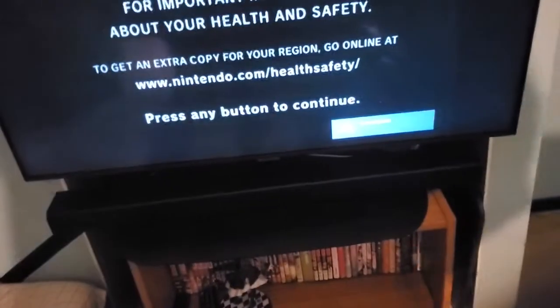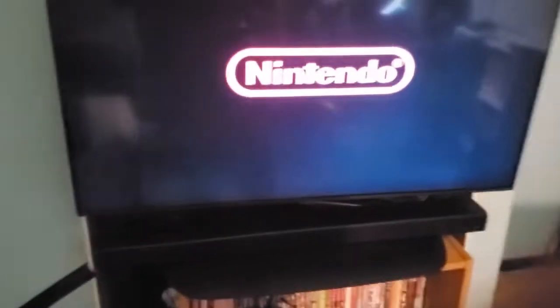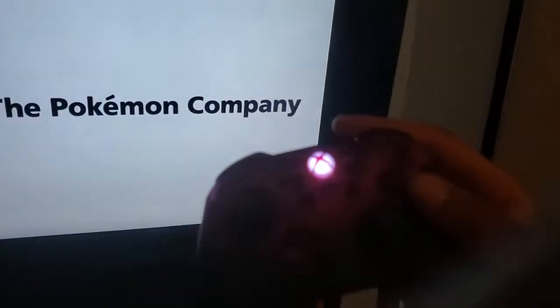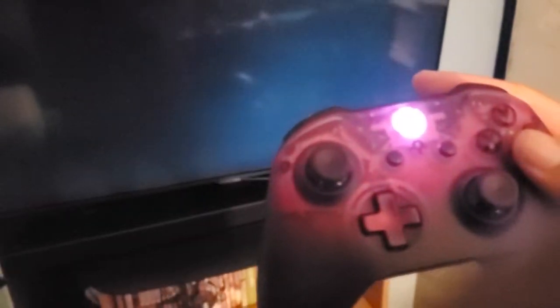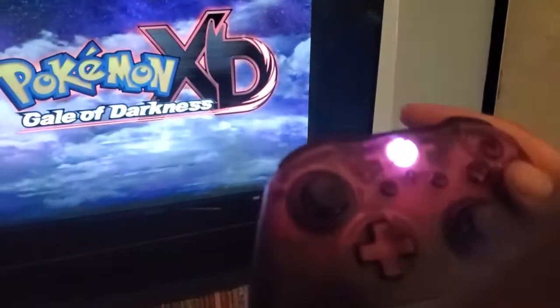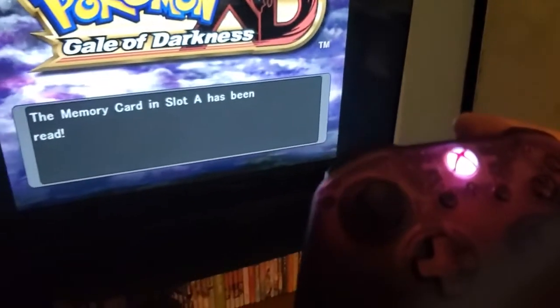There will be a little bit of latency, but for games like Pokemon, not games like Smash. I wouldn't play this with Smash because it'd be too much latency. And now Pokemon XD is loading, and as you can see, Pokemon XD Gale of Darkness. Press A, it loads,